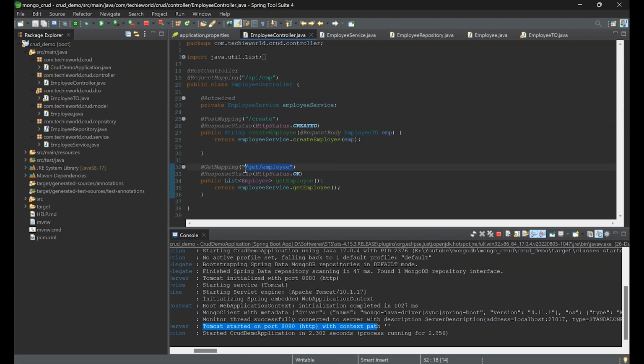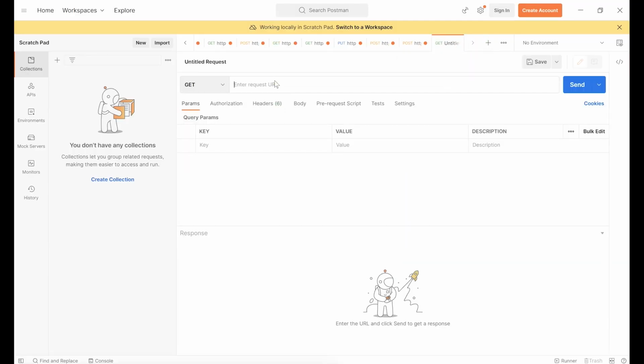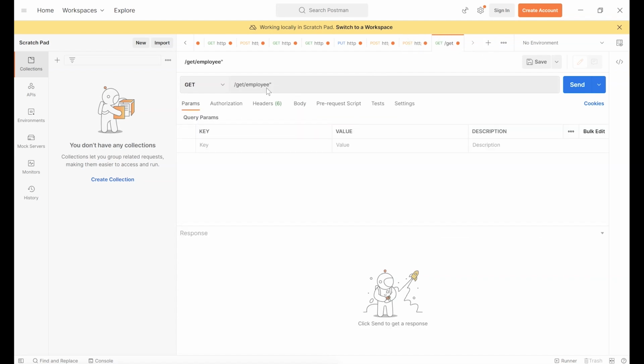Okay, get employee. Just copy it and let's go to the Postman. In the Postman, I'll create one more request which will be of GET type and I'll copy this URL so that we can do it quickly. Control C, come here and paste just before this endpoint and remove this endpoint called create, which is of the previous API. Now let's click on send and once you click on send, it must be returning all the list